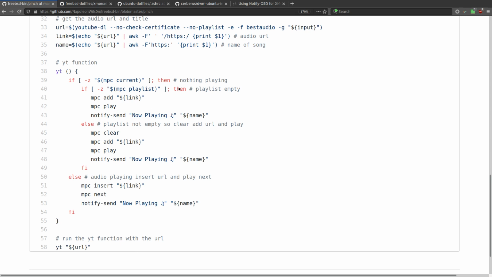So what it's going to do is check if anything's playing or the playlist is empty, add the link, play it, and then run notify send now playing, and you can see I've got a little music icon there. You can use anything you want there, and then it's going to display the name. If the playlist is not empty, we have to clear it, add the URL and play. So we mpc clear, add the link, play, notify send now playing name,